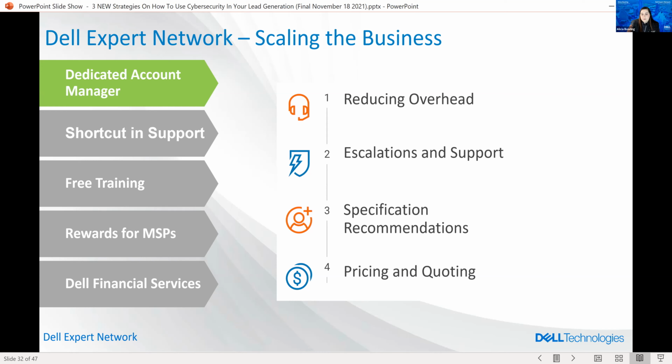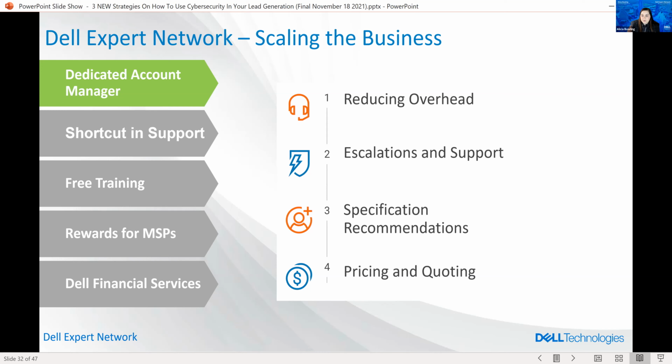But the first benefit of the program, going back to those focus groups I was talking about before, was the number one feedback we got out of the focus groups: what is most important when you're working with a hardware vendor? And it's like, when I have problems, especially with the supply chain right now, I need one person to go to talk to, preferably US based, who knows my business and my end users, and can help us out. So that's what you get day one in the program, a dedicated account manager.